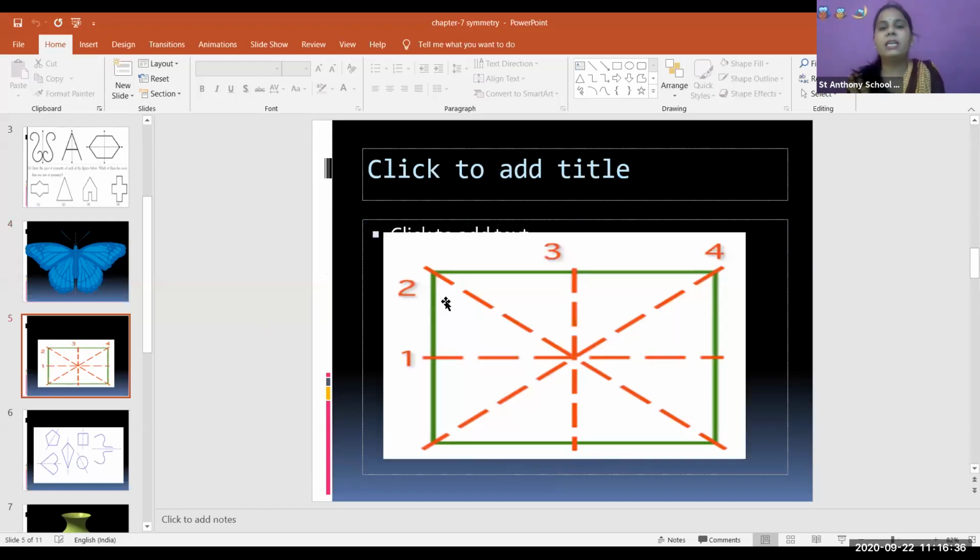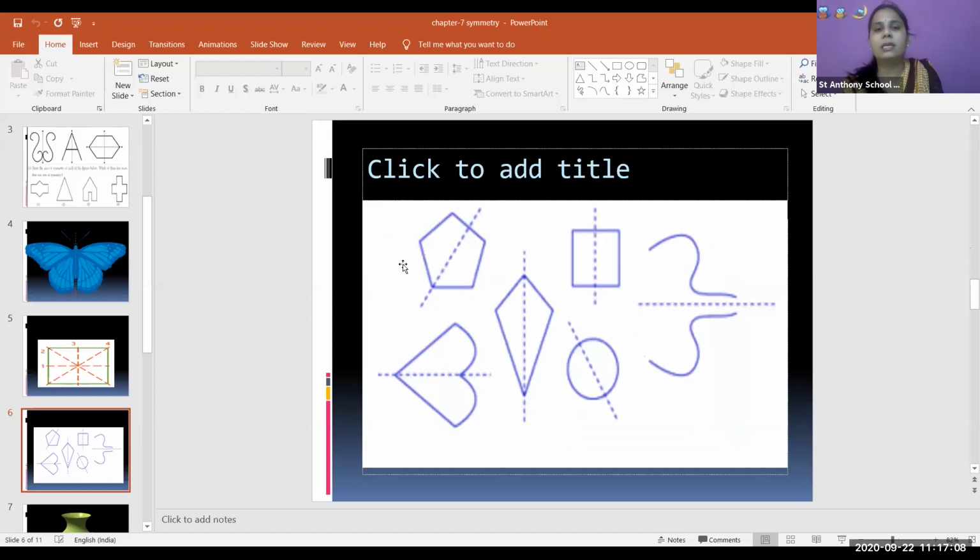Now if we take an example of this figure, it has one axis of symmetry, and a second axis of symmetry. This is actually an example of a square, not a rectangle, because when we fold this side to this side, the diagonals cannot meet. So it has only one and two axes of symmetry, right? A rectangle has only two axes of symmetry.